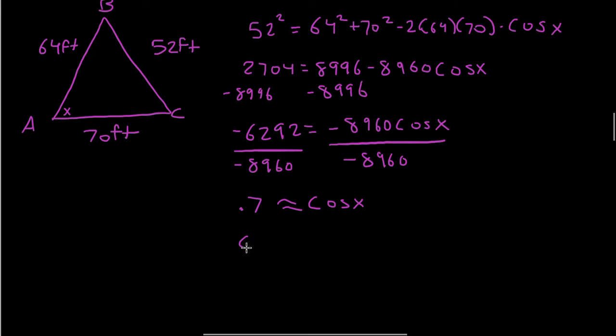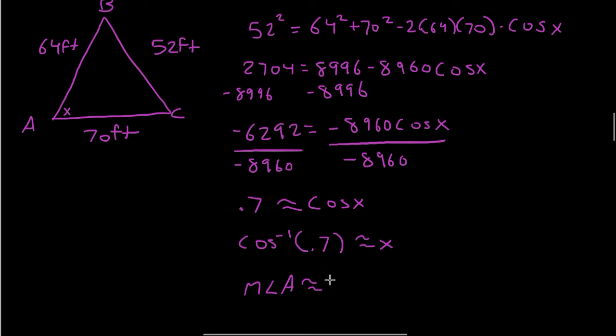So inverse cosine of 0.7 is roughly equal to x. Then plug that into the equation, and we get the measure of angle A, because that's our x value. So the measure of angle A is roughly equal to the inverse cosine of 0.7,